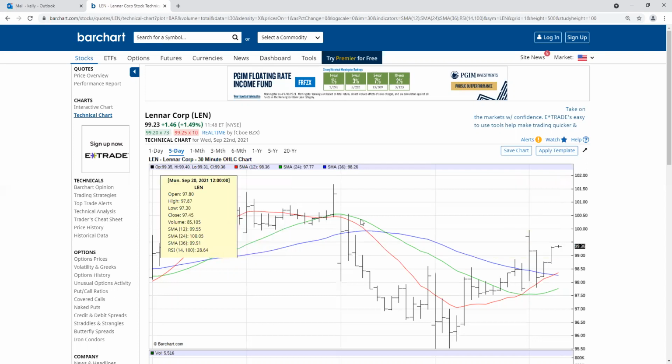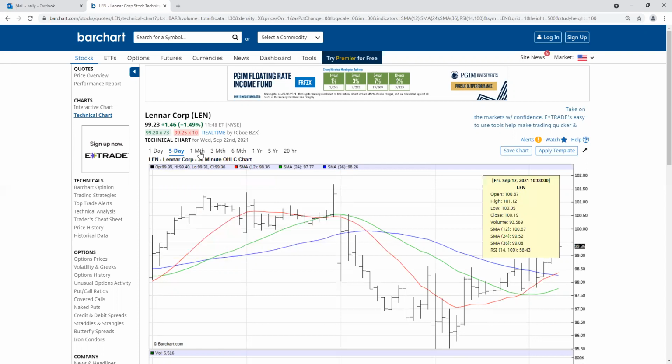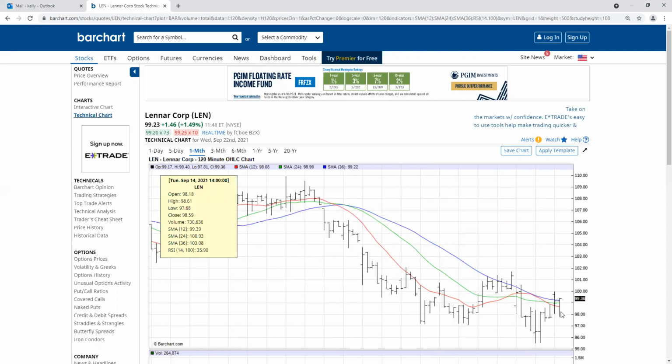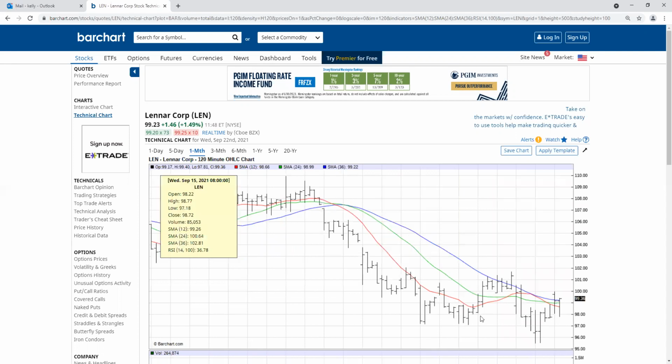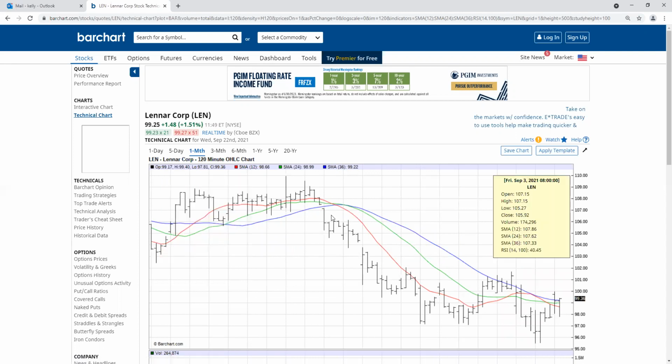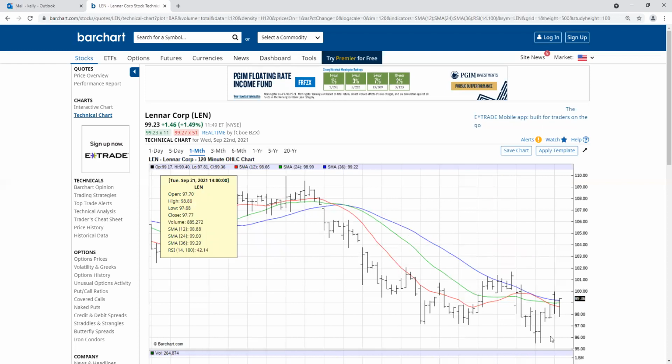So after the bad news came out and you went from 101 all the way down to 95 here, you got your buy signal to get back in at 97. And right now, holding above 98.50, 98 would be an excellent thing. On the 1 month situation, it looks like it's trying to turn. So again, this is a classic case of bad news. And the stuff that they were talking about that was bad news, people are now thinking it's temporary. And they're thinking about after bottlenecks are resolved, what are the fundamentals here as far as future demand for homes.